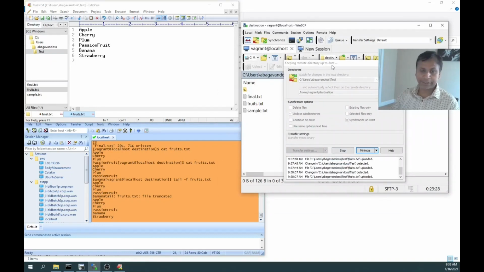Keep remote directory up to date. It's one of the very nice features. So all of us, we can use this. It is not going to save much time, but again, it will give you some convenience. That's what we need to capitalize. And daily, if you start using this, we can find it so beneficial. It saves lots of our time, and chances of missing these updates will be minimized.